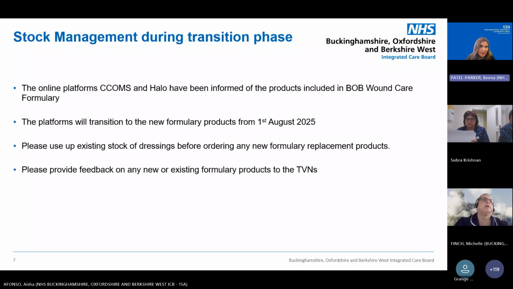During this phase, I just wanted to let you know that the CCOMs and Halo have been informed of the products that are included in the BOB wound care formulary. And so we've been in close communication with them to make sure that they're aware of what we will be transitioning to. The platforms are working with us to make sure that all the products are available from the 1st